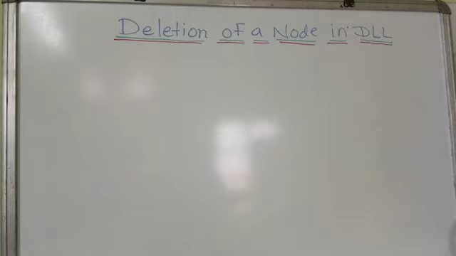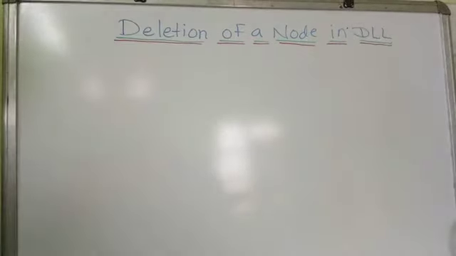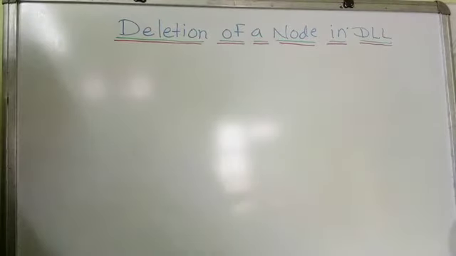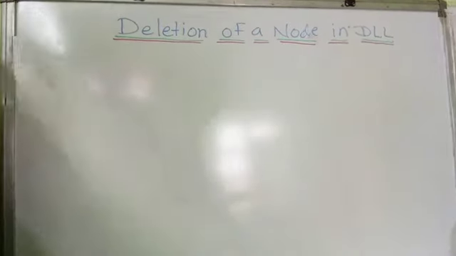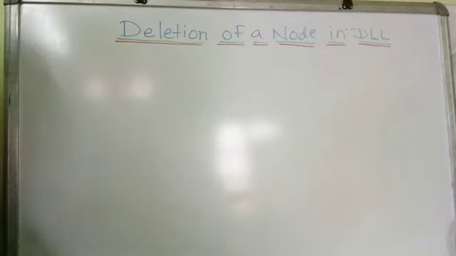Point or the mechanism of a linked list, that is deletion of a node in a doubly linked list. For that, we will take some different conditions and try to solve this problem according to them. First of all, for deleting any node, we will take a condition like we have to delete a node pointed by P in a doubly linked list. Means we will accept a node from the user which we have to delete and then simply delete it.